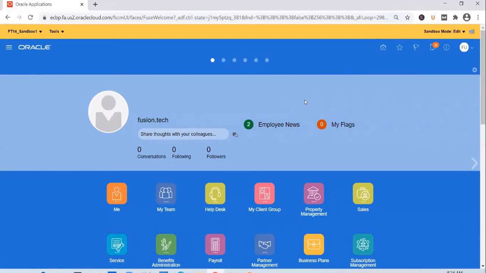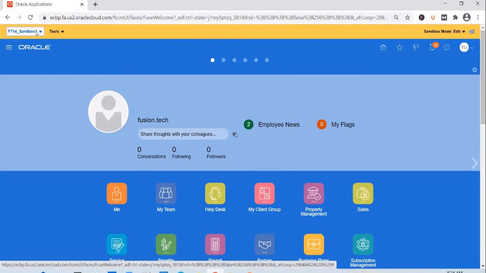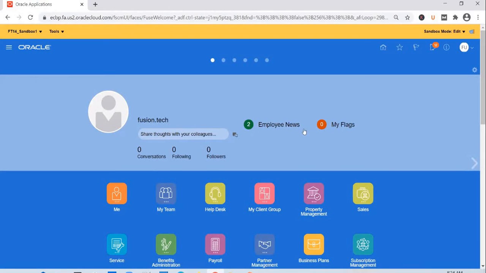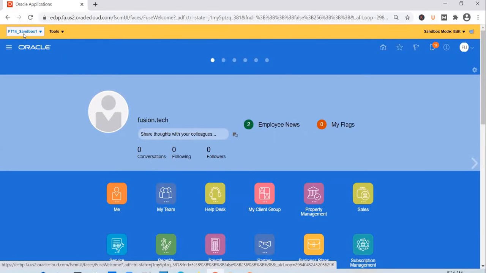So first of all, to make any UI related change, you need to create a sandbox, enable it, and then make the UI related change so that the UI changes that you have done go and sit in the sandbox. And then what you normally do is, if you want to publish this change to the application, you have to publish the sandbox. But we usually don't do that without getting a confirmation from the functional team or a testing team.